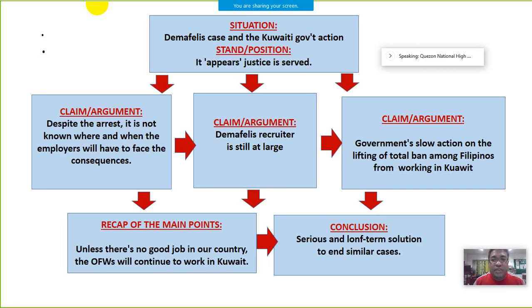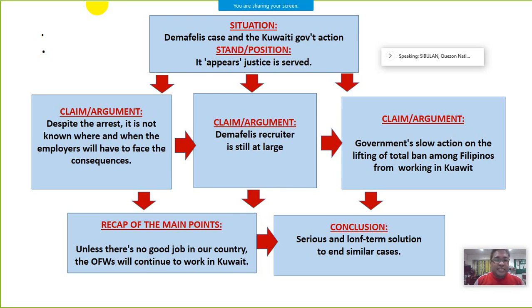So if we will be making an outline based on the context of that editorial, then this should be an exemplar outline based on that editorial. The situation: the Mafeles case and the quality of government action. The position: it appears justice is served. Then we have the arguments. First argument,